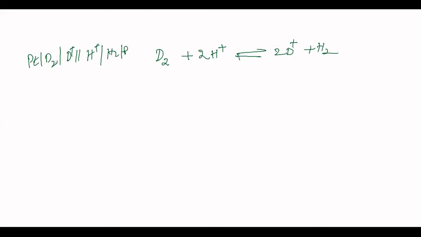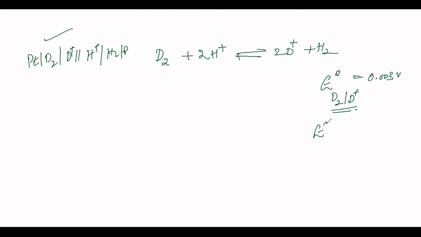Okay, so this is how the cell is. So this deuterium is acting as anode. And cathode, of course, because it is hydrogen electrode, the potential of this is not given to you. Only that is E0 of D2 to D plus, which is equal to 0.003. Be very careful. This is the oxidation potential which is given to you.